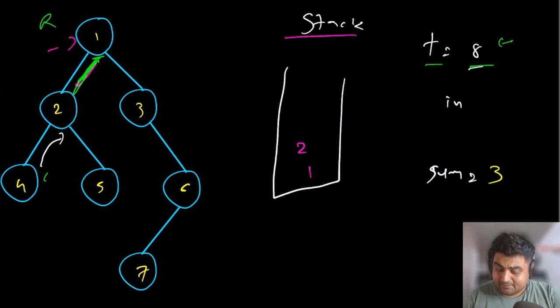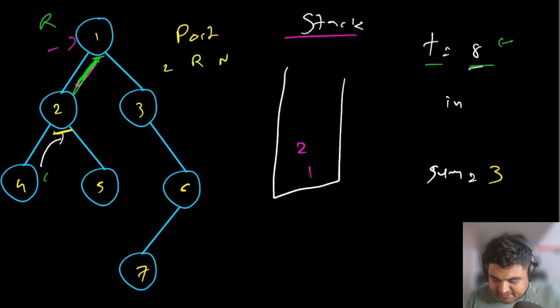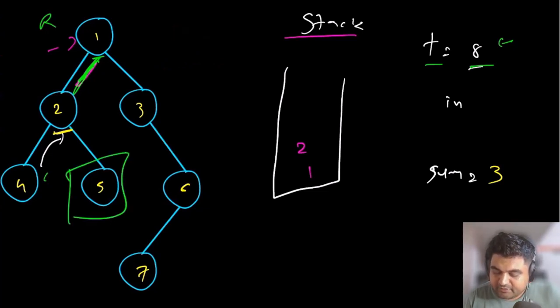Now at this sum 3, again from this 2, this time we are doing a post order traversal. So we are doing left, right, and then node. I know initially I said in order, but that was my mistake. We would be able to do post order in this one. And now we are going to visit the right node. The value of this right node is 5. Because we input 5, we are going to add it to the sum. So sum is going to be 3 plus 5, so sum is going to be 8.